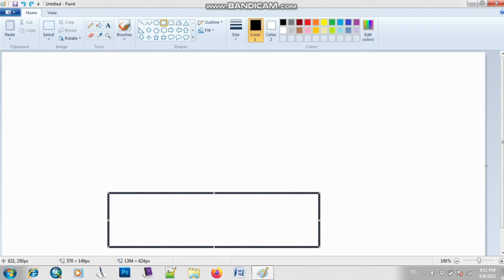Okay, so as you all know, the shape of a boat is not in a rectangle form, but some part of the rectangle is cut. So what I will do, I will just draw a line here so that it will look like a boat, and then I will also cut it in half. Is it clear?